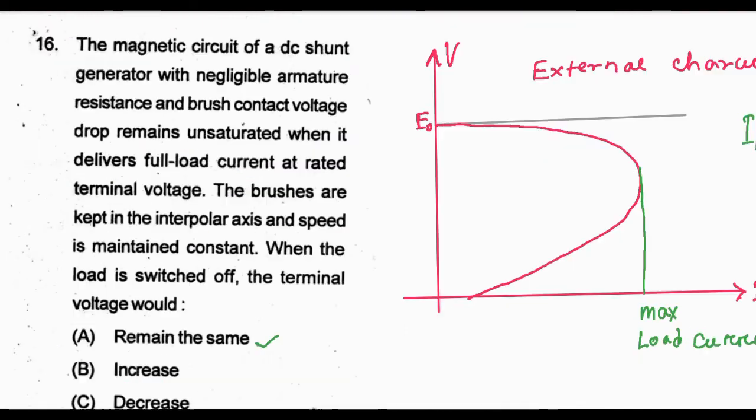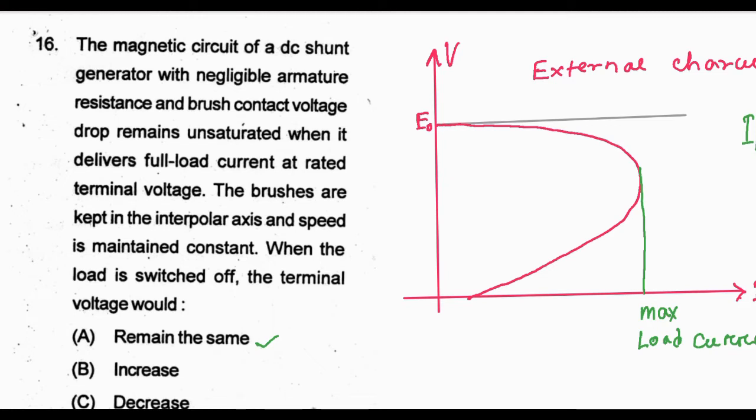Next question, question number 16. The magnetic circuit of a DC shunt generator with negligible armature resistance and brush contact voltage drop remains unsaturated when it delivers full load current at rated terminal voltage. The brushes are kept in the interpolar axis and speed is maintained constant. When the load is switched off, the terminal voltage would be: